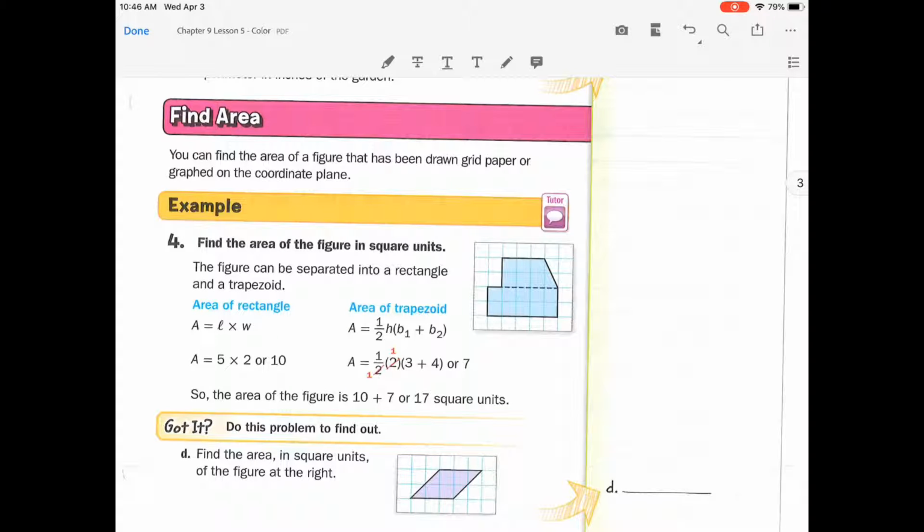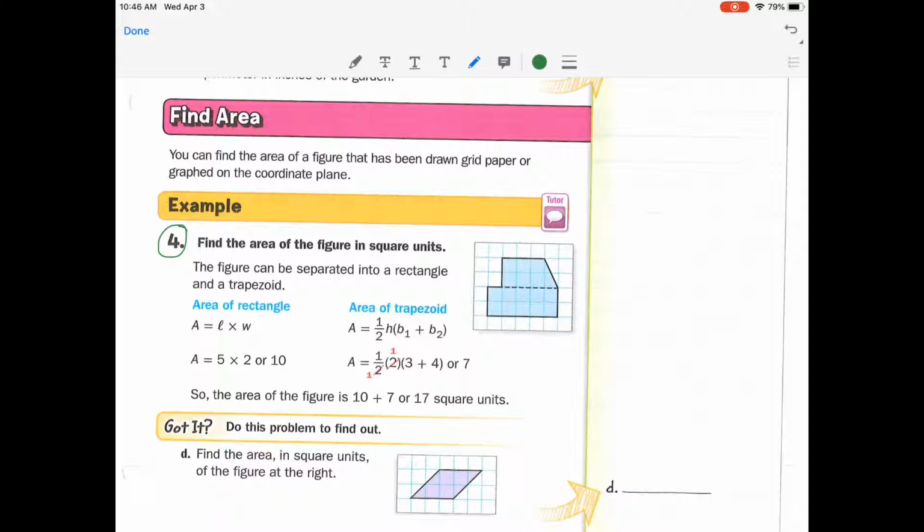Okay, we're going to jump back into finding area on page 707. We did the perimeter part of looking at a coordinate plane and using ordered pairs to find perimeter. Now we're going to take a look at the area. It says you can find the area in the figure that has been drawn on a grid paper or graphed on a coordinate plane. So if you take a look, it says find the area of the figure in square